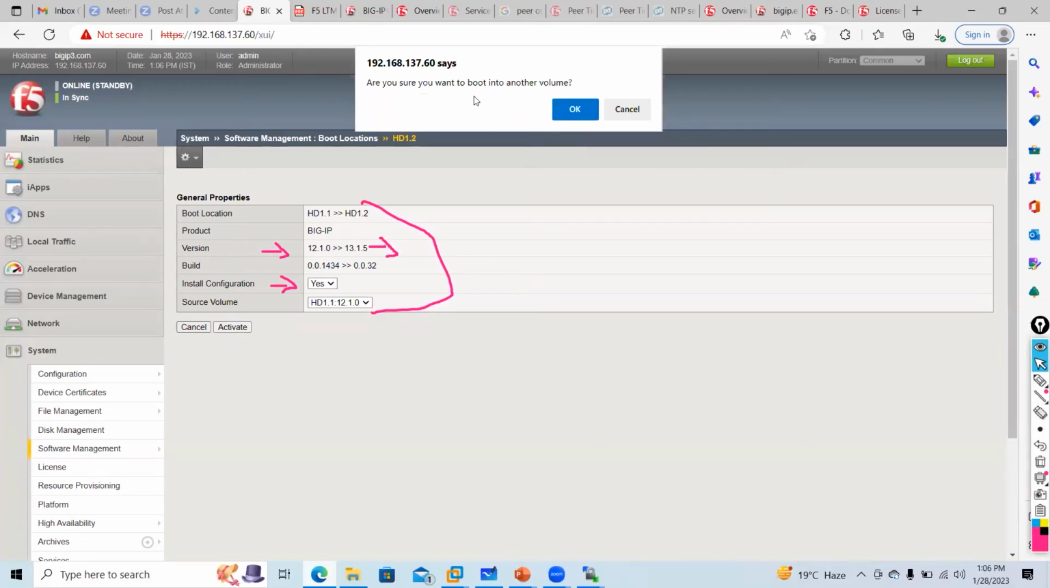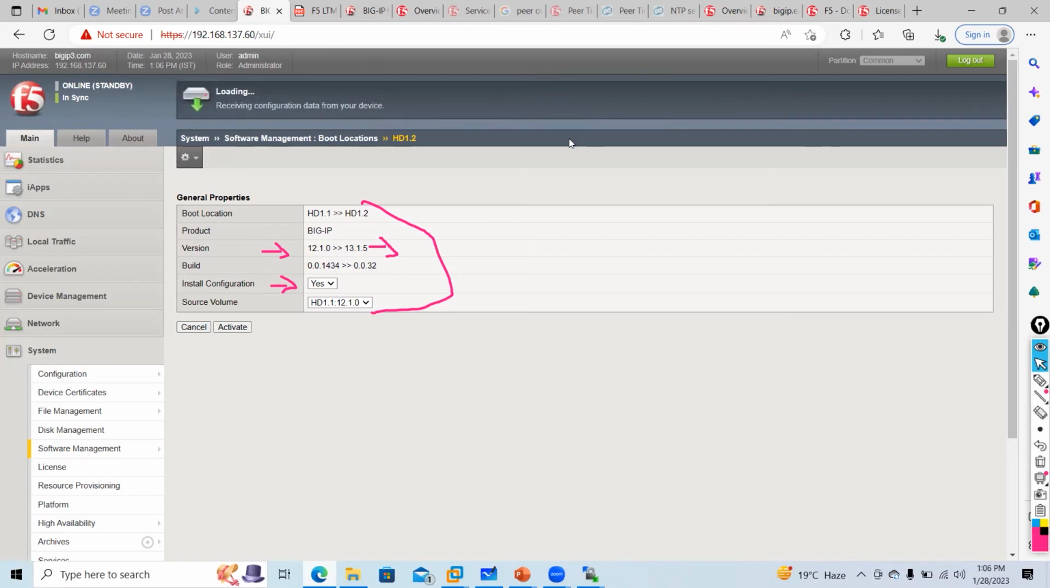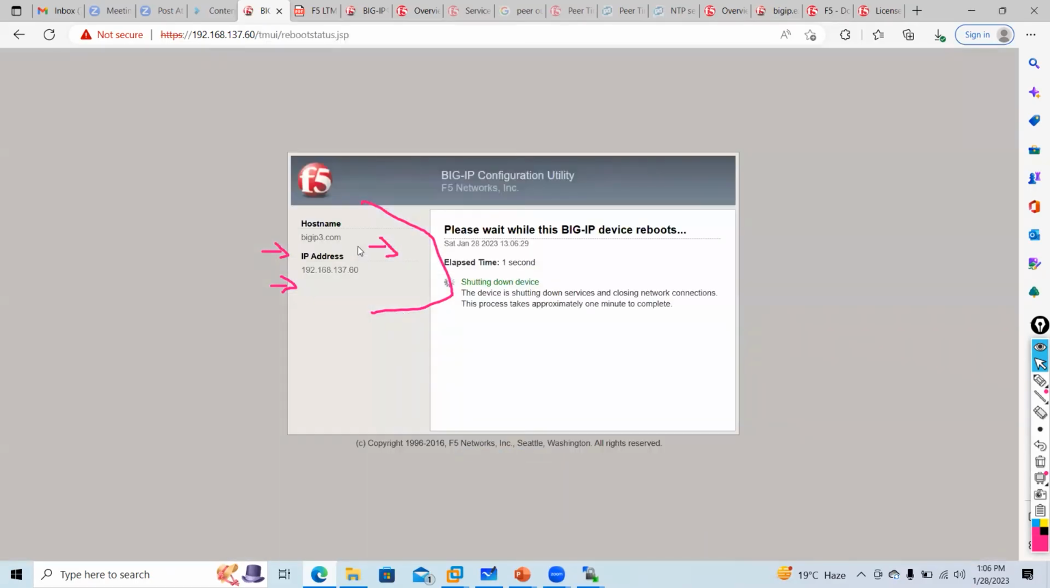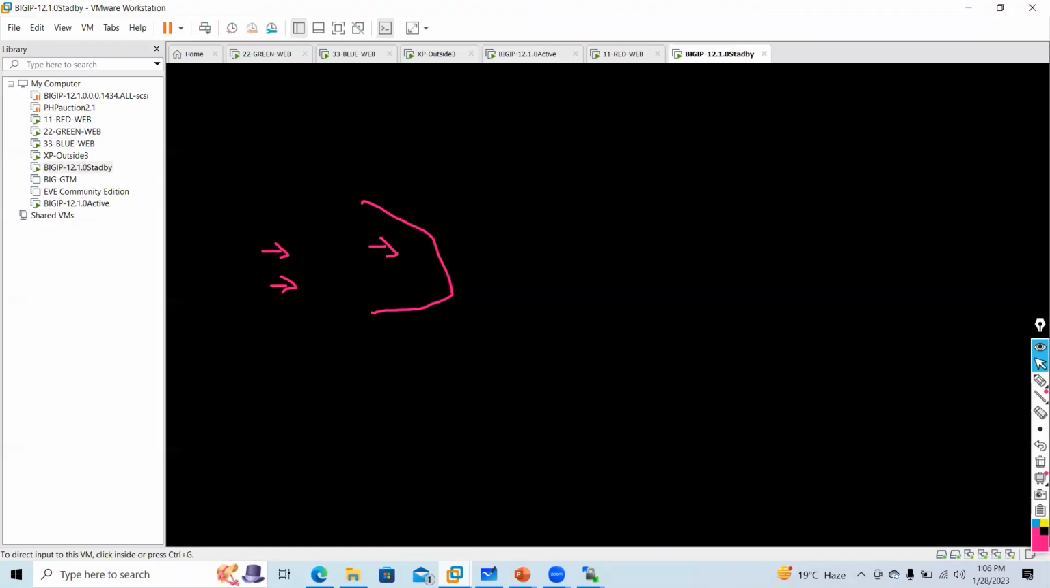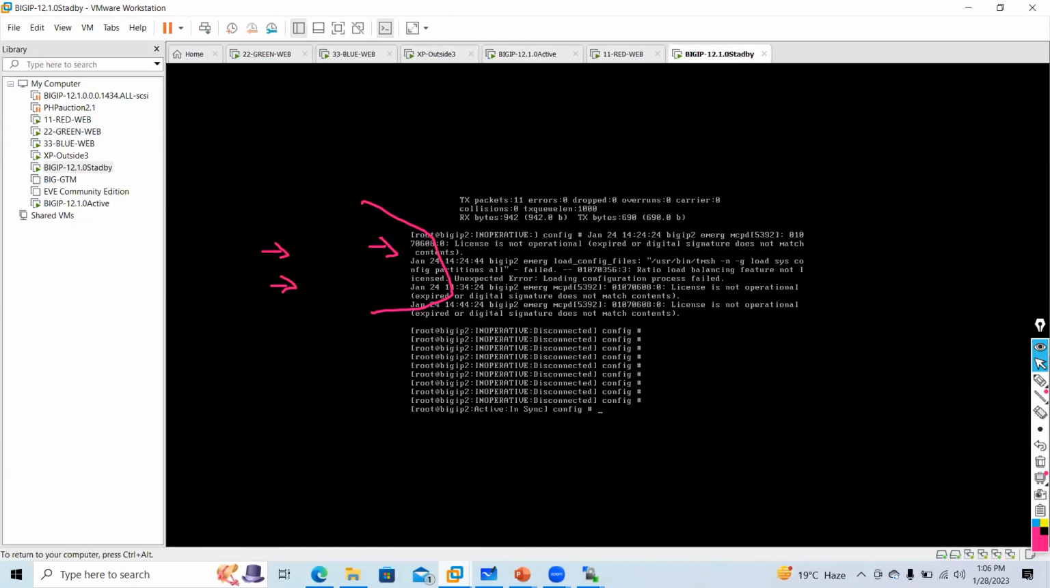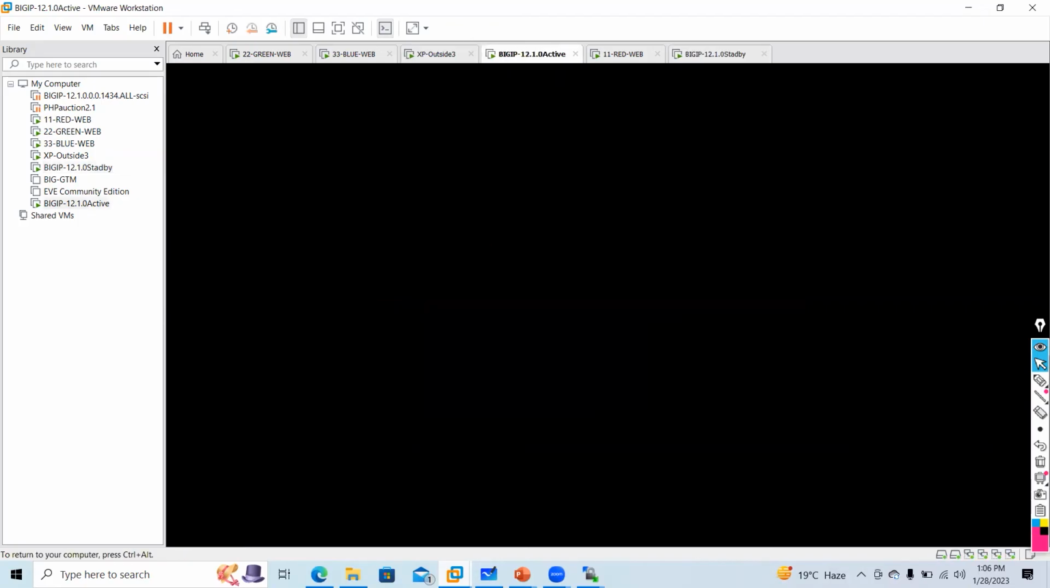So it is saying, are you sure you want to boot into another volume? I will say yes. That's it. Once you do this, it will start booting up from the new image. Now it is shutting down and it will come up with the new updated version. Even you can see here, go to this device standby. You will see what are the things happening. I will go here on my, you should have a console also. See,